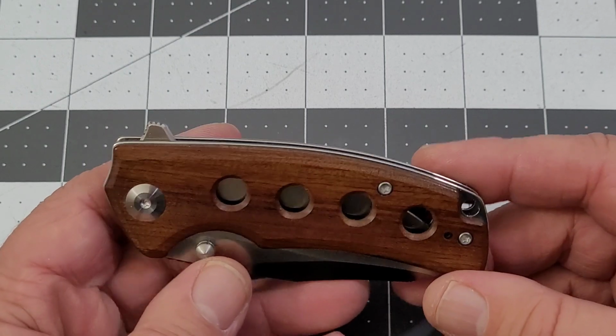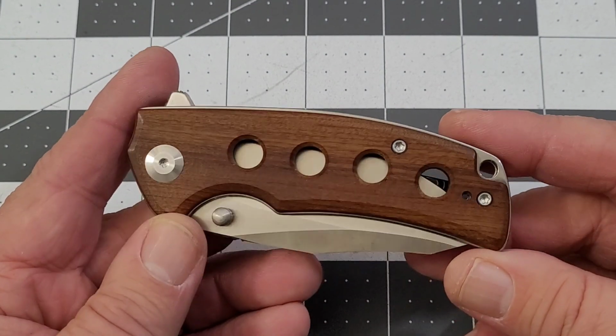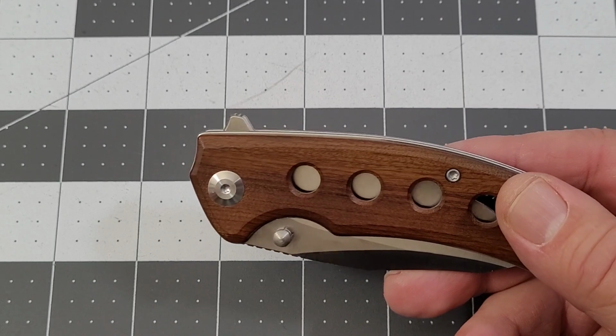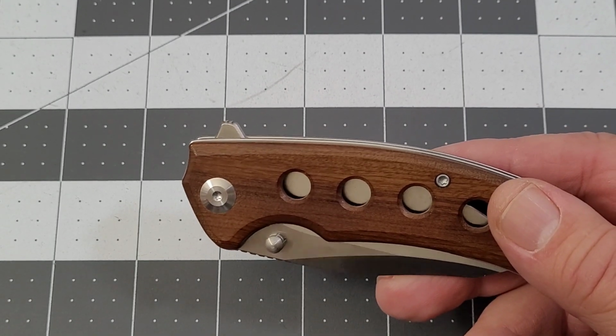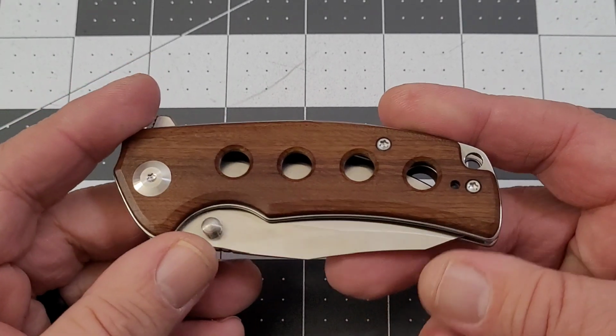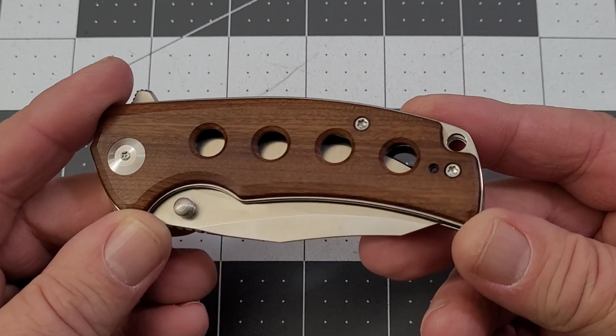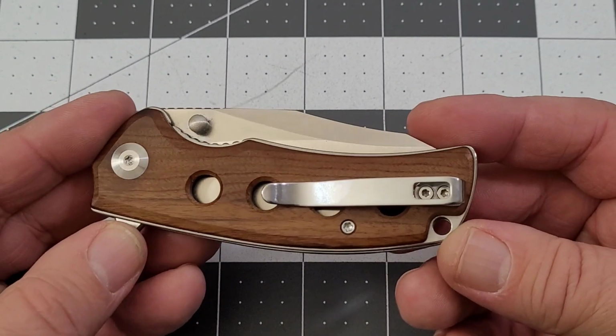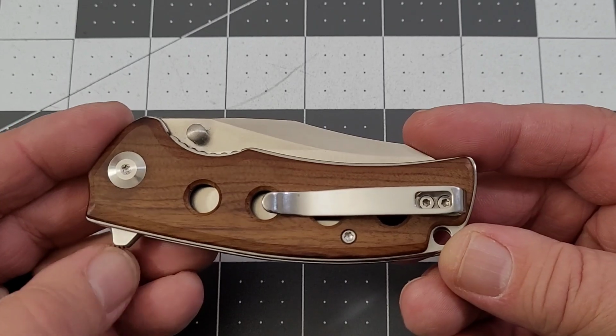Now, there's 4 different versions of this guy. You've got this version, the Guabortia wood. You got a green canvas micarta version with a black blade, I'm pretty sure. And then you have a black G10 and a white G10 version. So you got a little bit of flavor to choose from again. That must be my favorite word today. Anyway,